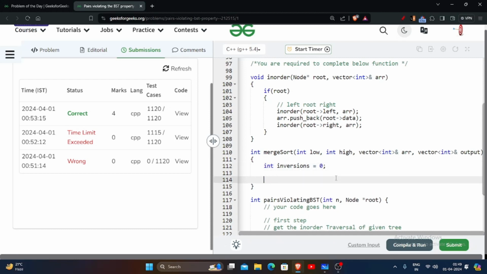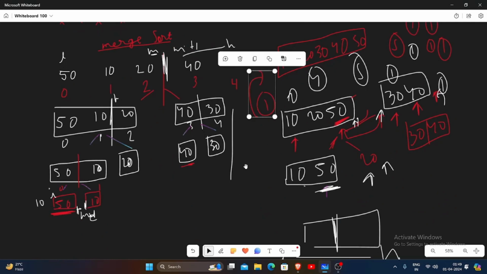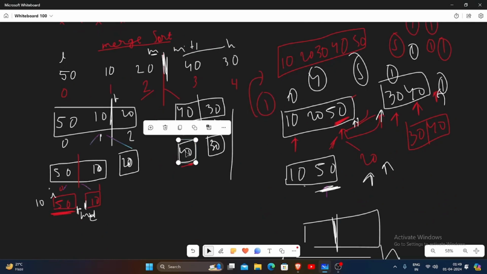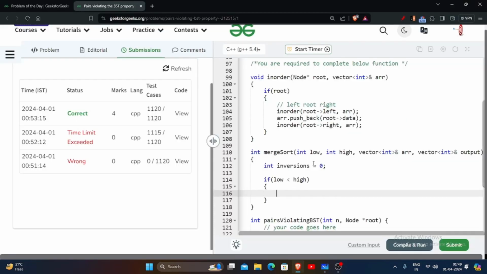अब सिंपल चीज़ है, यहाँ पे हम बोलेंगे अगर लो लेस देन हाई है. मैंने कहा था ना कि देखो जब एक एलिमेंट होगा तो हम इसको क्यों ब्रेक करेंगे? नहीं करेंगे ना. तो अगर 3 लेस देन 4 था, तो हमने ब्रेक करा. तो लो और हाई कुछ डिस्टेंस होना चाहिए ना उनके बीच में. डिस्टेंस नहीं है तो एक पॉइंट का ब्रेक करोगे तुम. इसलिए जब तक लो लेस देन हाई है, आई विल फाइंड मिड पॉइंट एंड मिड वुड बी नथिंग बट सिंपल लिख लेता हूँ लो प्लस हाई